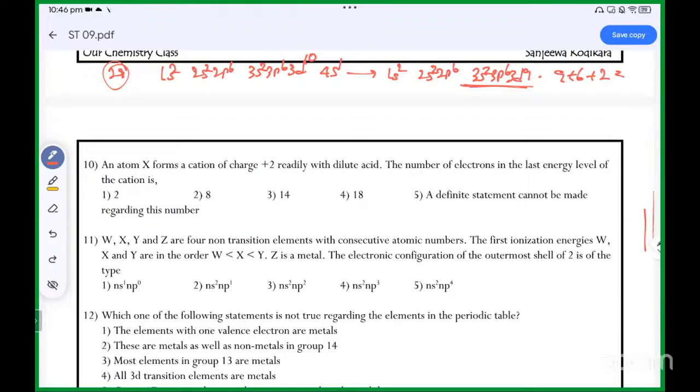So therefore, the most appropriate answer here is the fifth one. A definite statement cannot be made regarding this number, because we can say it is second group or the second 2 electrons or 4 electrons. We can say both of them. But